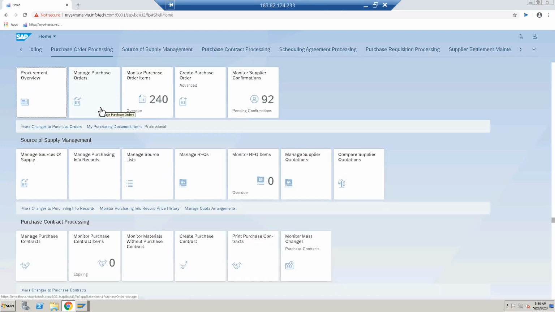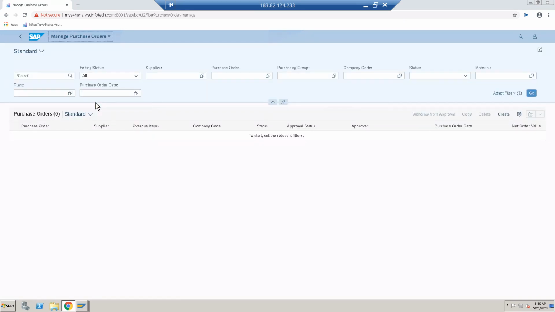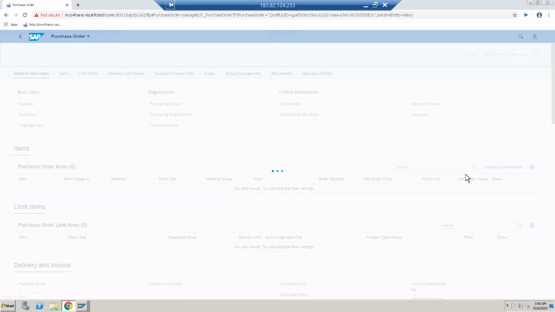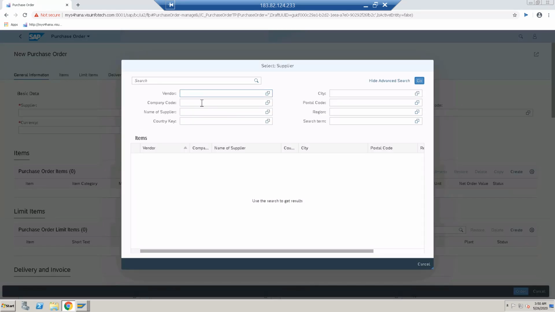Then click on Manage Purchase Order, then click on create, and enter your supplier. If you know the supplier name, you can directly search here.